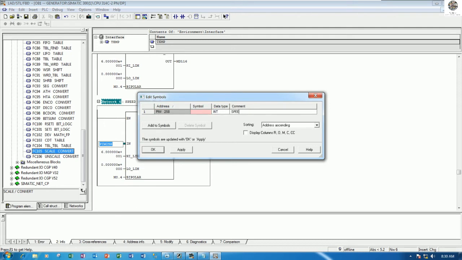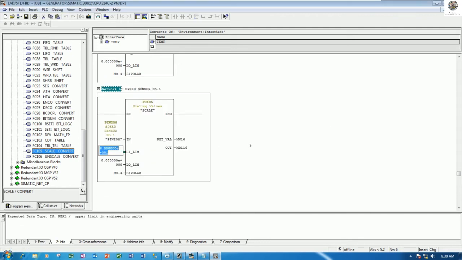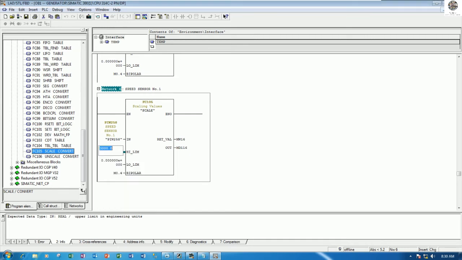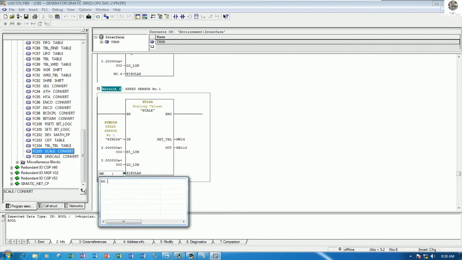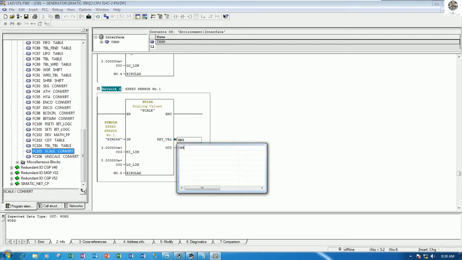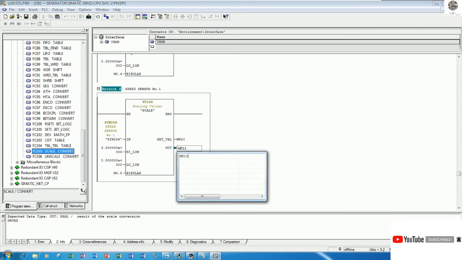So speed sensor number 1, okay, and for speed the generator right now around 3000, yes, and this one I will change to M0.5, yes. This one I will change to MW20 MD 120,